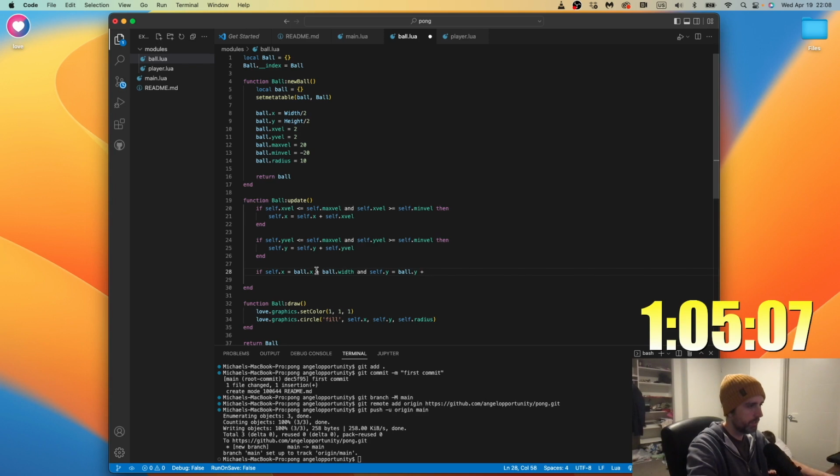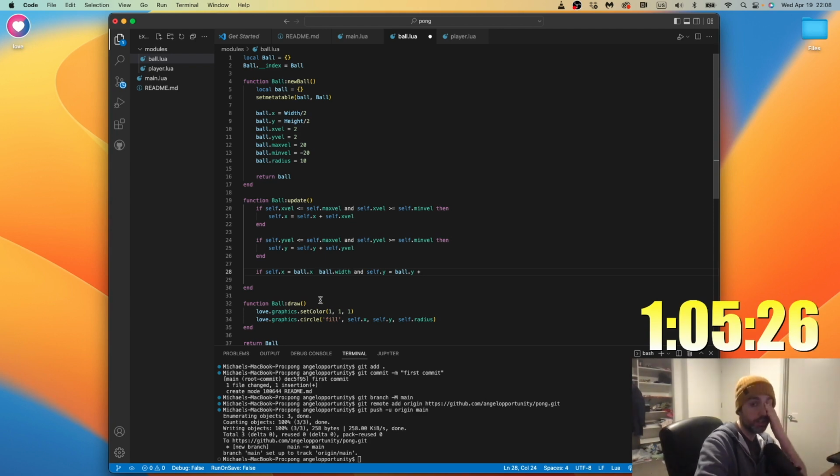No, it shouldn't be less than, it should be ball there. It needs to be like greater or less than. I almost want to just hard code it for each side separately.